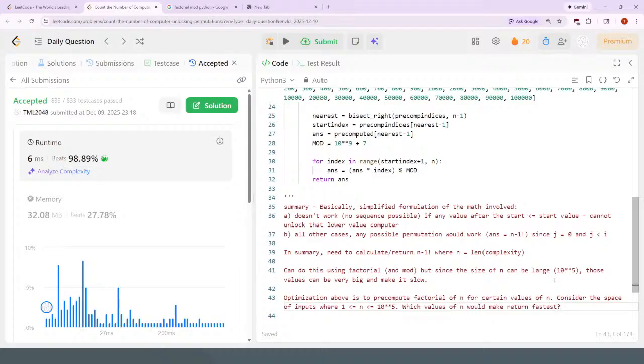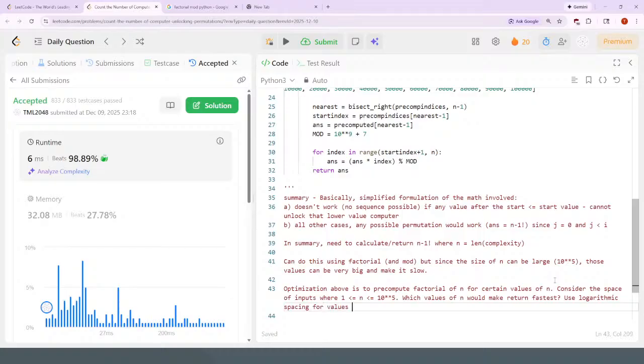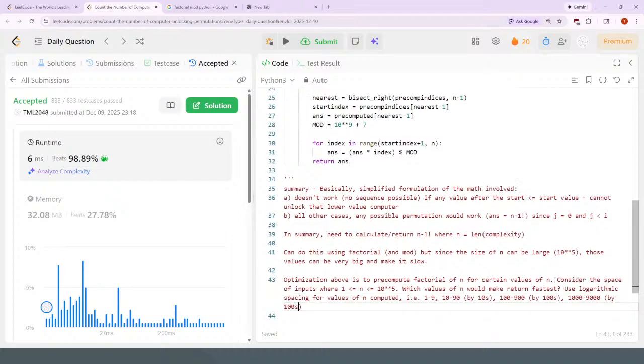So here use logarithmic spacing for values of n computed. So i.e. 1 through 9, 10 through 90 by tens, 100 through 900 by hundreds, 1,000 to 9,000 by thousands, etc. Since that guarantees